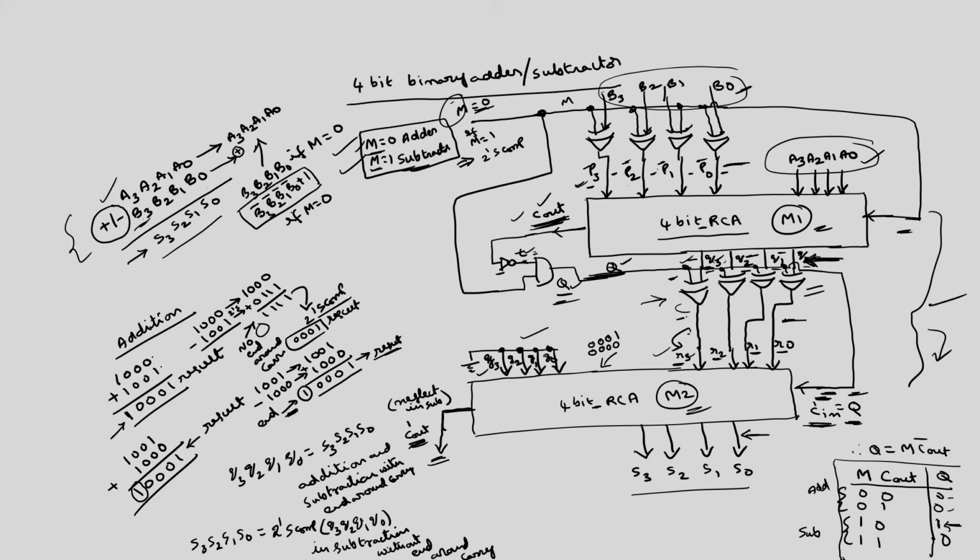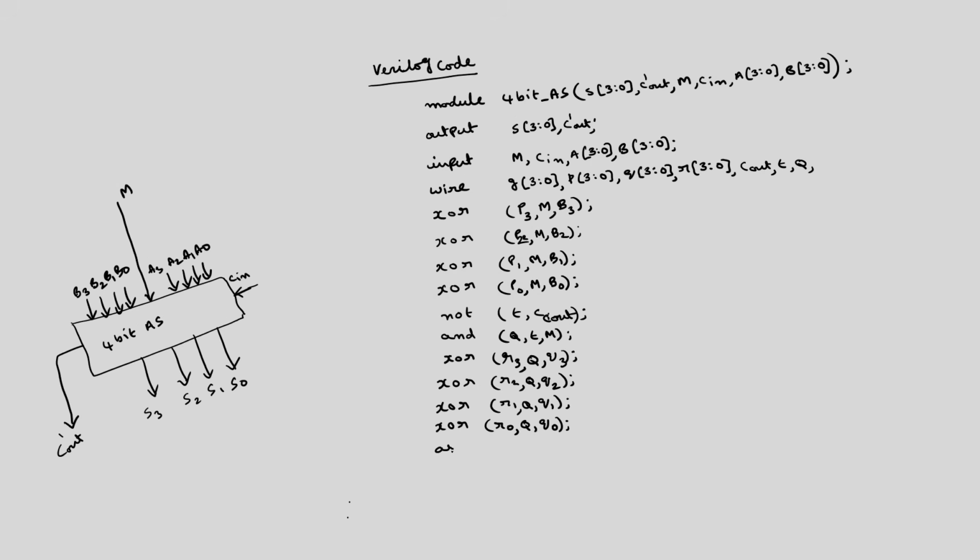Okay. Now, this G3, G2, G1, G0 we have to make as 0, that you can do by using assign. Assign G3 is equal to 0, assign G2 is equal to 0, assign G1 is equal to 0, assign G0 is equal to 0. These are all initialization. Now, the actual program becomes very simple.